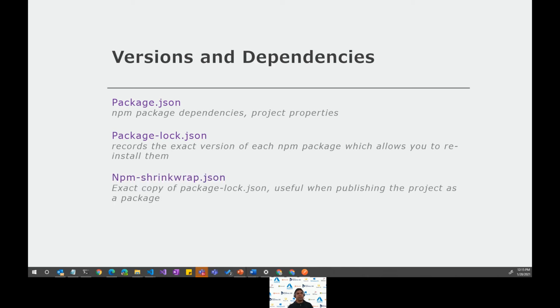The third one, npm shrinkwrap. Using the npm shrinkwrap command will help you freeze the entire tree of dependencies for your project. It creates a JSON file, npm-shrinkwrap.json, which records the exact version of each package and that package's dependencies, and it goes in deep. Usually this is recommended when you publish your project to the npm library, or if an organization maintains its own library on premises, that's when this is used.